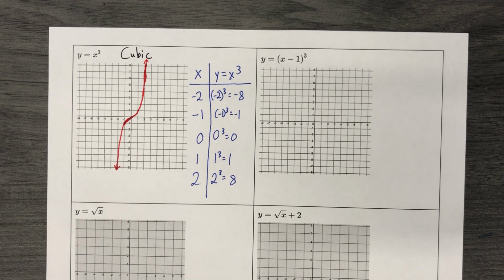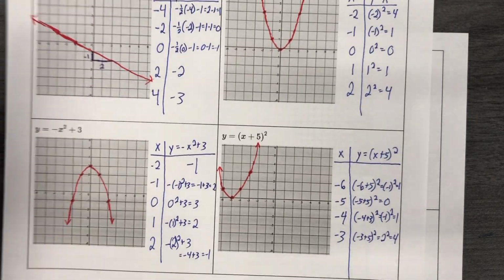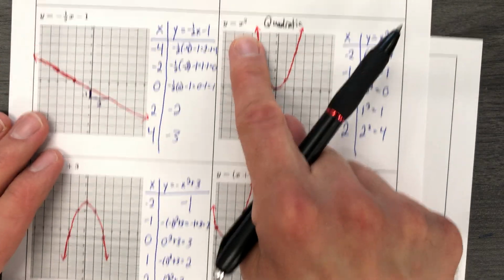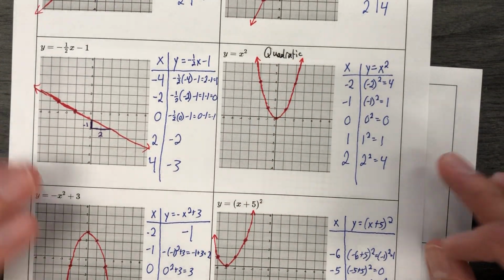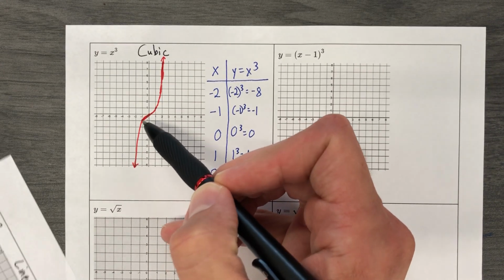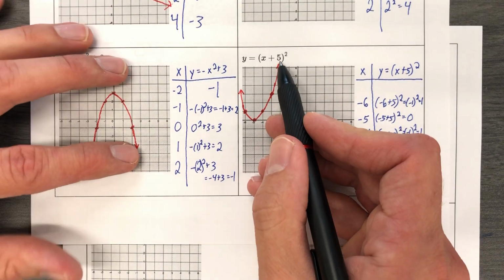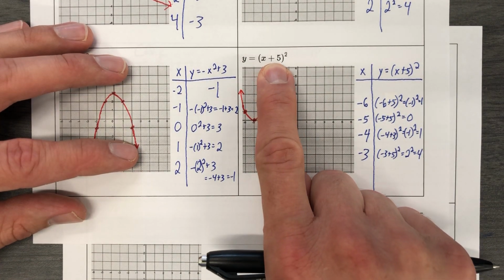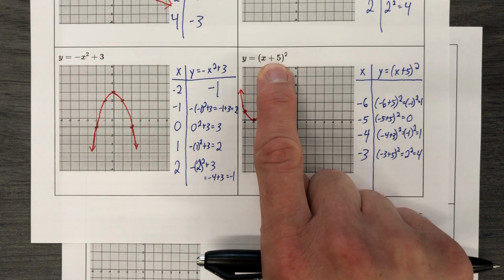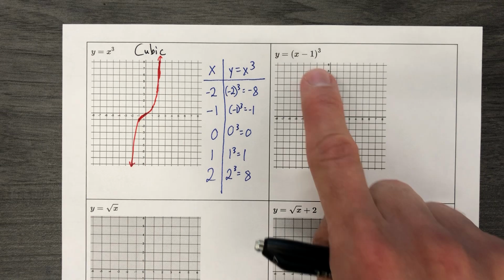Okay, let's do the next one, and I'd love to do the next one, but I also want to really talk about this general structure of it. But let's go back to this one first. Notice this quadratic sat at the origin, perfectly happy. Notice this cubic sat at the origin, perfectly happy. He's good, I'm happy, you're happy, we're all happy. But this one was shifted -5. I know I'm pointing at a positive, but it was shifted -5. That would be a left and right issue. This one's going to be shifted